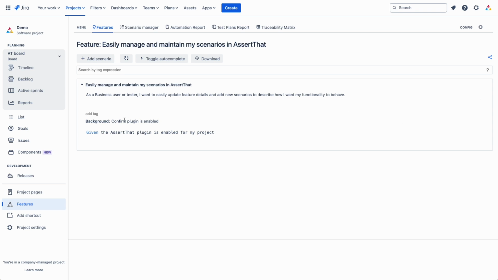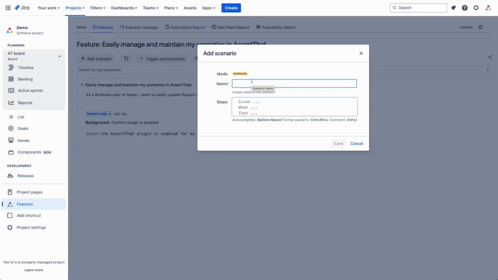Okay, so we've got background title, we've got background step, so we can add feature tags here. There we go, it's found one that already exists within the project. And now we'll go straight into adding scenarios. So same again, we'll add the scenario name.